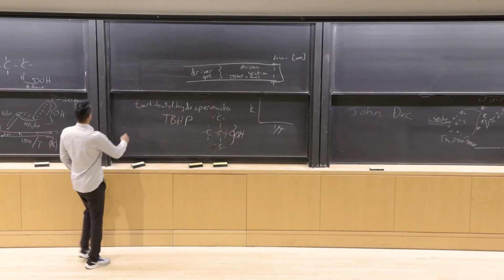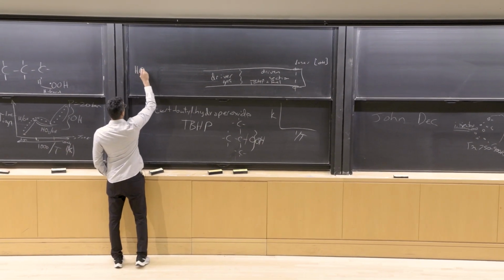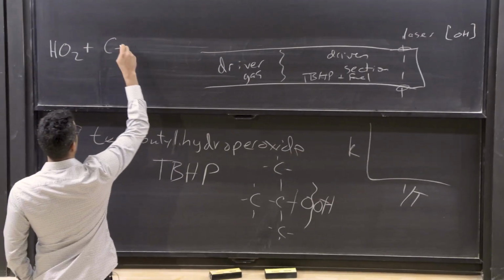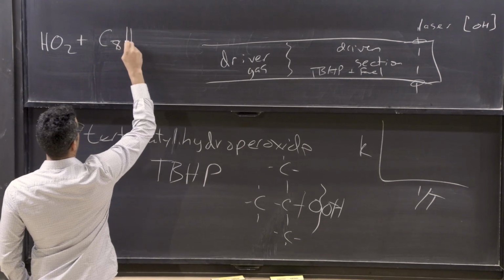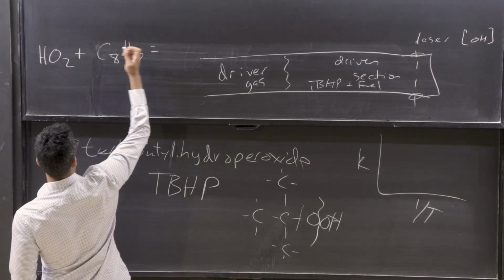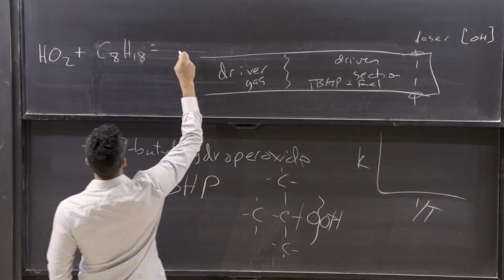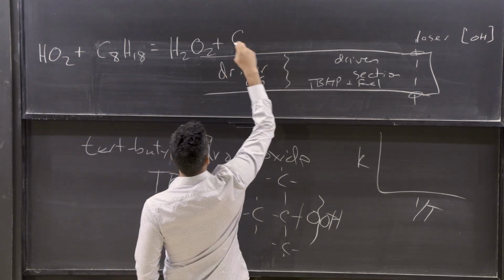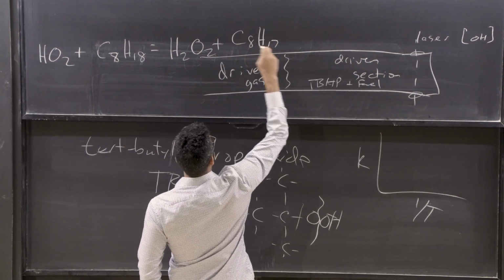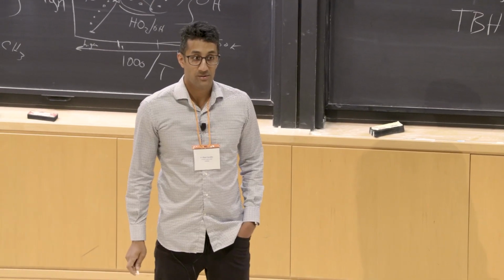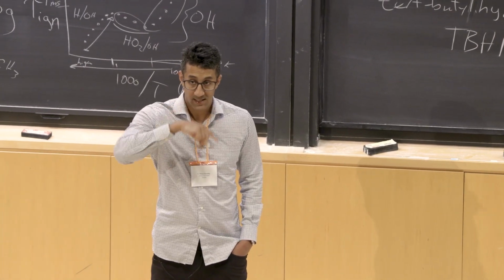Well, when HO2 reacts with, say, we had C8H17 as our fuel radical, or sorry, with the fuel, C8H18, it makes H2O2 plus C8H17. And if you remember from our very basic hydrogen-oxygen explosion diagram, one of the key intermediates in that explosive diagram,